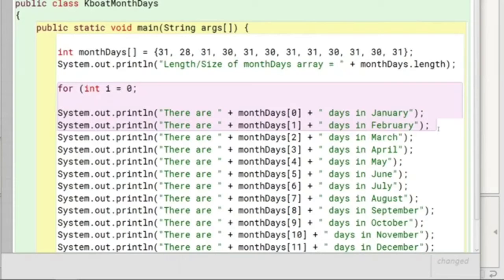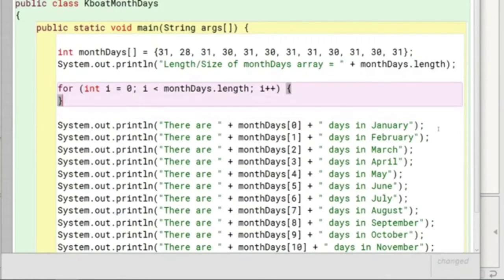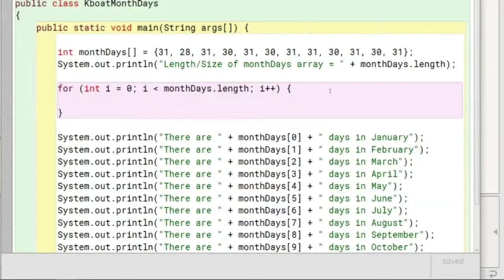So we will put the condition as i less than monthDays.length. monthDays.length gives us 12. i should be less than 12. So i will increment till 11 and after that the loop will stop. i will be incremented by 1 in each iteration. Inside the loop, I will print the elements of the array like this.